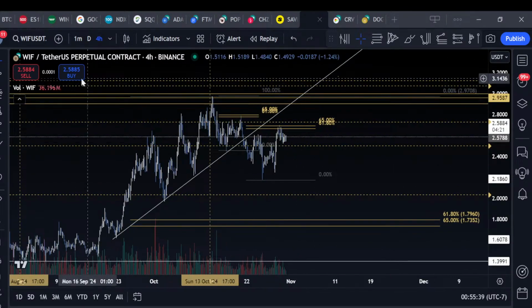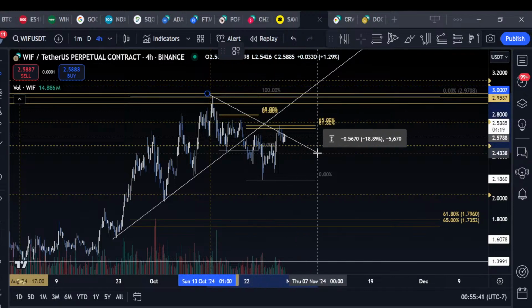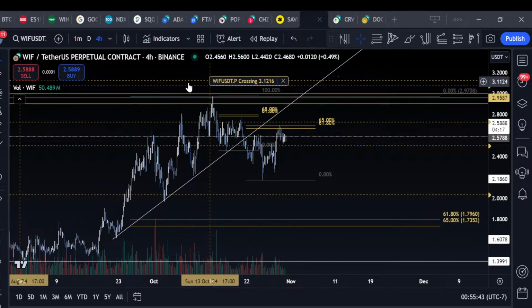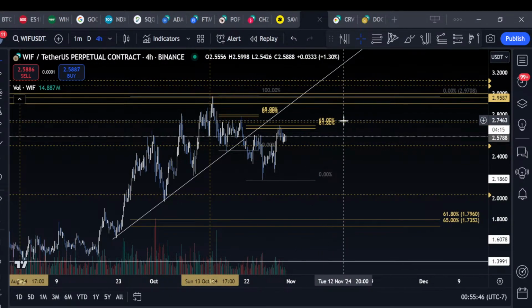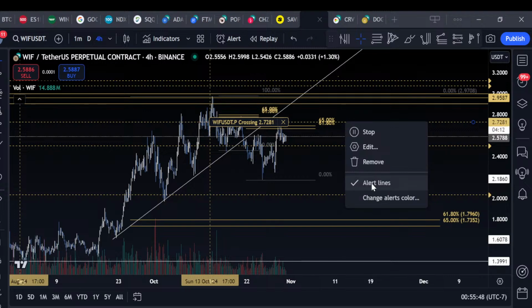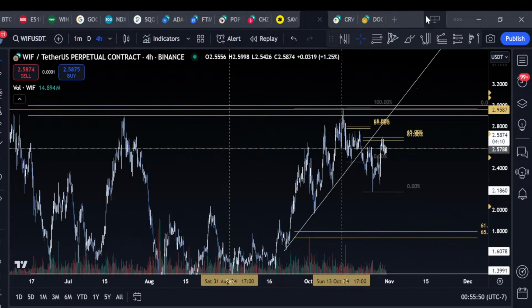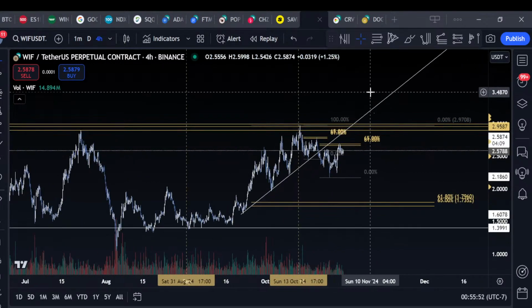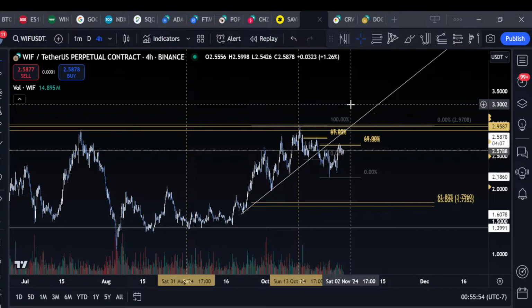Now, people are asking me, if I'm bullish on Bitcoin now, if my primary thesis is bullish, would I just close all my WIF shorts? Like, why not just close all my WIF shorts? Because if Bitcoin's going to break out through all-time highs, well, certainly WIF is. There's a couple ways to approach this.